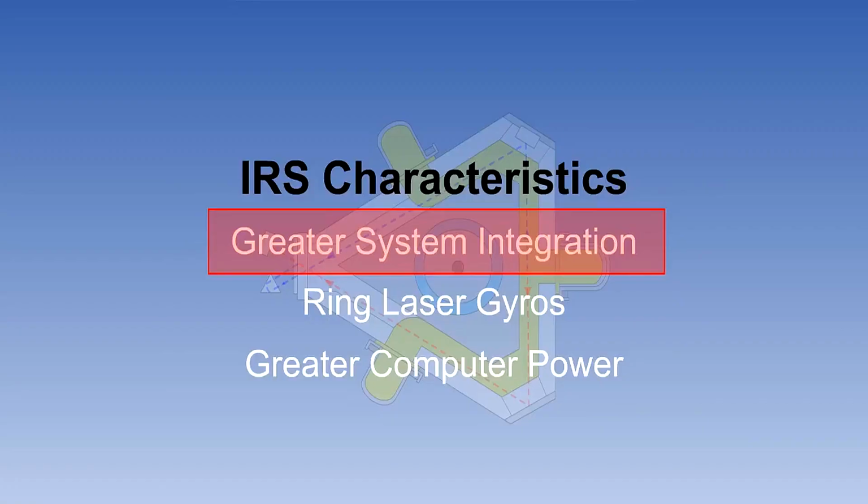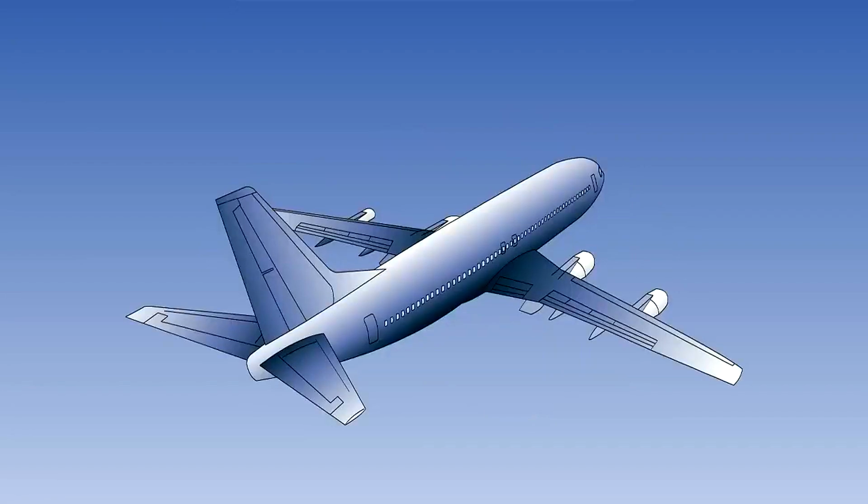In our introduction, we said that the first characteristic of an IRS, which makes it recognizably different from a first-generation standalone INS, is greater system integration. Integration is a word with at least two different meanings. Up till now, we have used it in its mathematical context in integral calculus to mean the opposite of differentiation. However, we will now use it in a more general non-mathematical way to mean a system with many components which are interactive and interdependent. In the 1960s, aircraft were not generally designed as integrated systems.